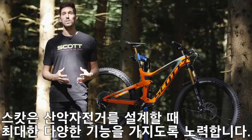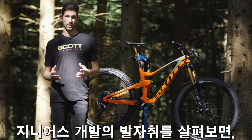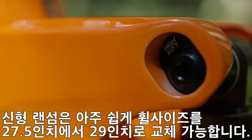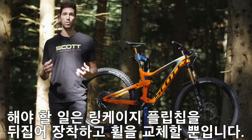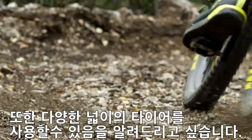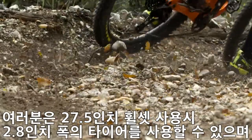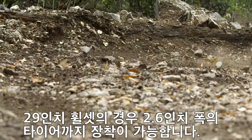At Scott, we try to always make our mountain bikes as versatile as possible. Following in the Genius's footsteps, with the RANSOM, it is very easy to switch from the 27.5-inch wheel size to the 29-inch wheel size. All you have to do is flip a chip on the linkage, swap the wheel set, and you're good to go. We also wanted to make sure that you could run a different variety of tire widths. You can run anything up to 2.8-inch in the 27.5-inch wheel size setting, and anything up to 2.6-inch in the